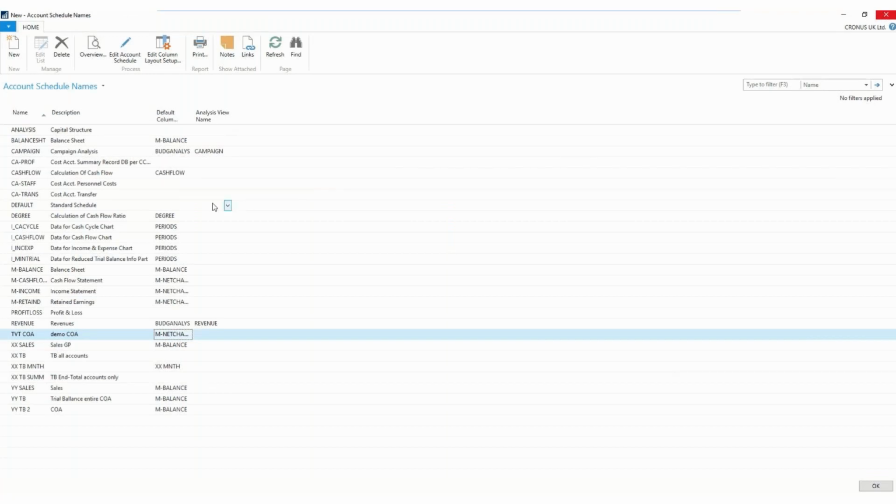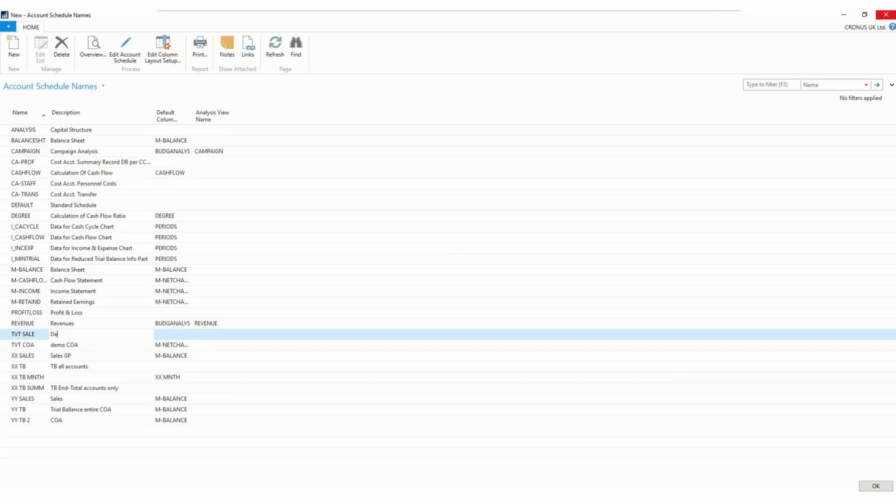Now we've looked at just copying straight from the chart of accounts. So I want to create a kind of sales report where I'm going to have rows for sales and then rows for cost of sales, and at the end work out a basic gross profit. So let's create a new one. Again, same formula,